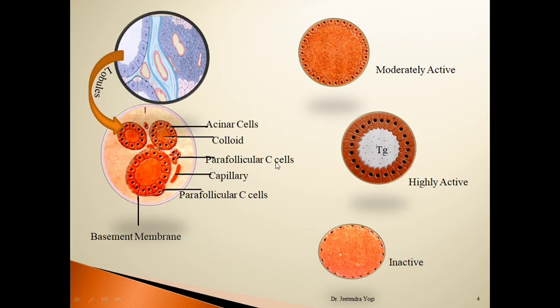And this is the parafollicular cell of the thyroid gland, or C cell, and it secretes calcitonin. These do not border on the follicular lumen. This is the calcitonin secreting cell in the thyroid gland. And each and every follicle is surrounded by an abundant capillary network that gives blood supply to these follicles and also provides an abundant amount of iodide to these follicles to form the thyroid hormones.